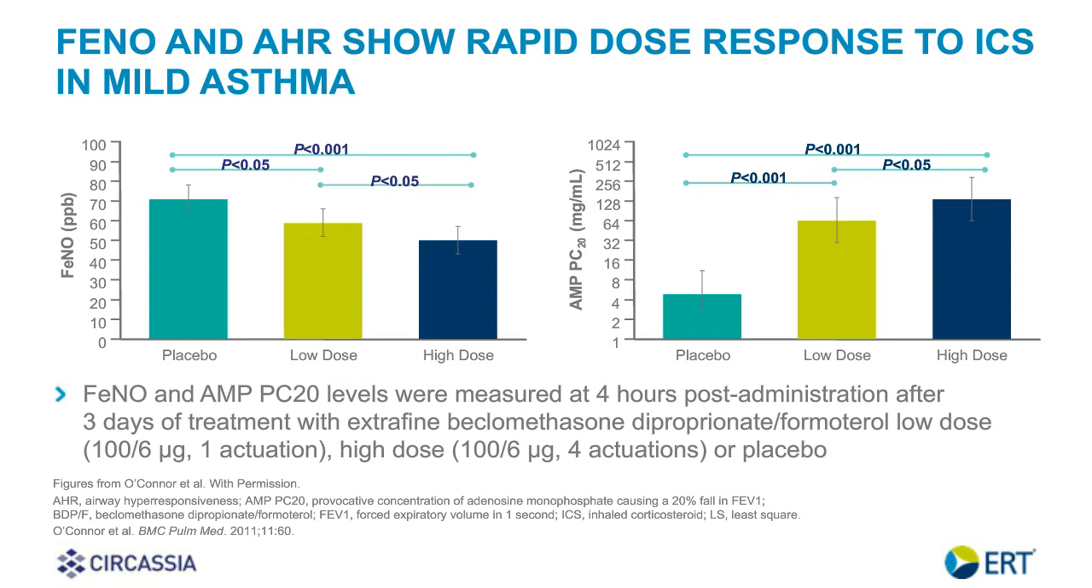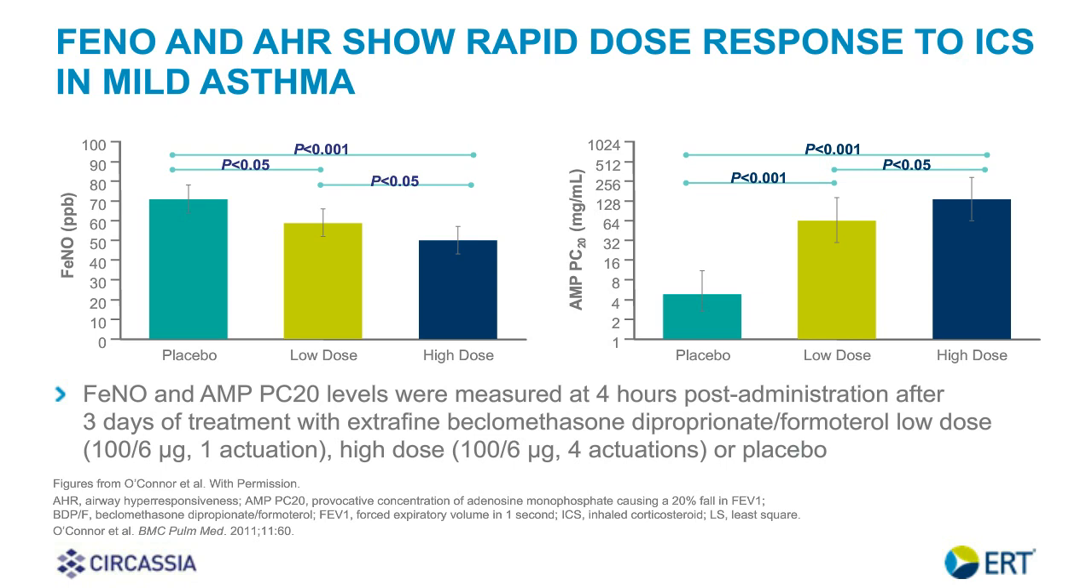Another way that you can use FeNO is to look at a dose-response curve. So oftentimes we're trying to predict what is the dose response of a particular medication and how quickly we might see a response to a particular anti-inflammatory medication, whether that be a steroid or otherwise. We can see here that we're looking at a study now that looked at both FeNO and airway hyperresponsiveness,